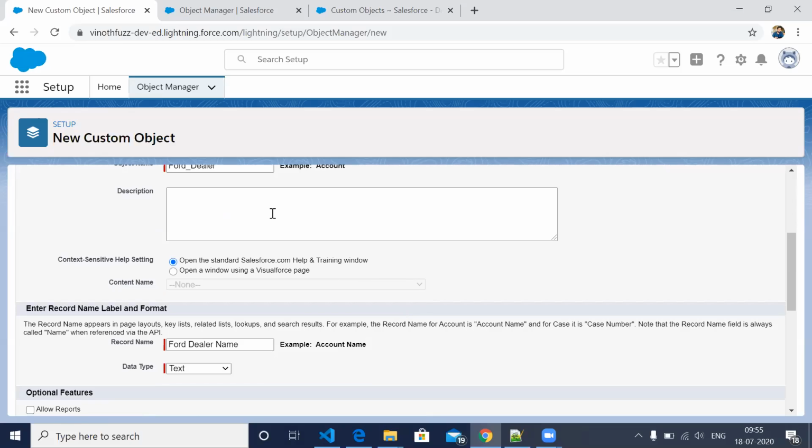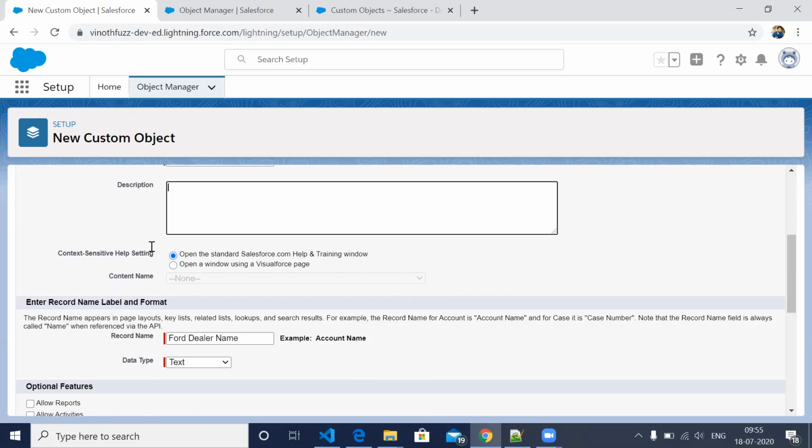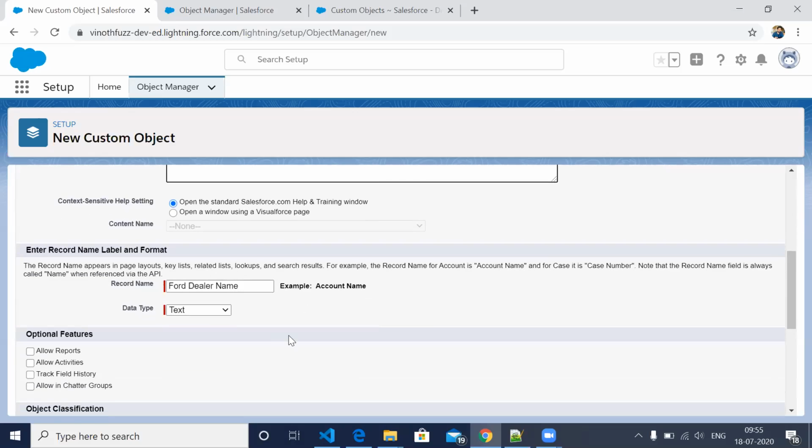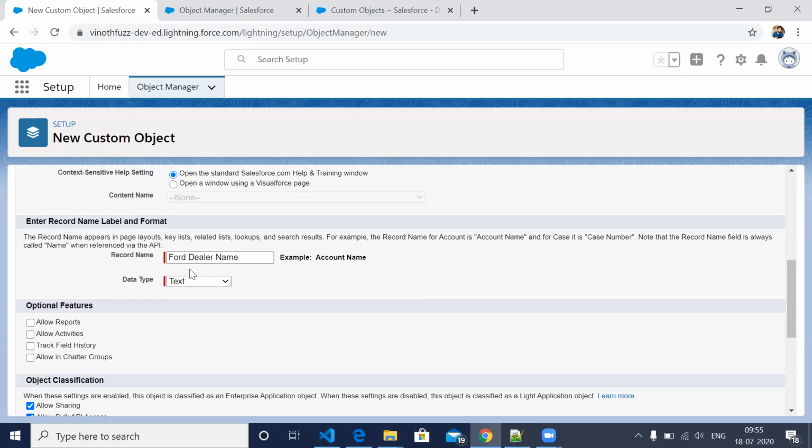This one is just a description, it's not needed. Whenever you are creating a new object, some fields are created automatically.